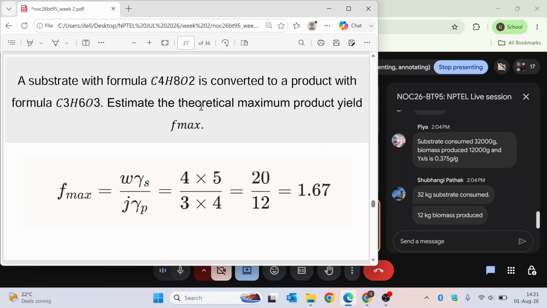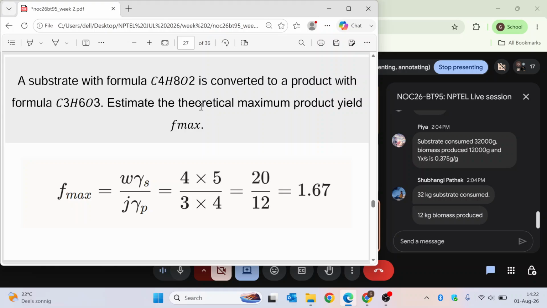So here the degree of reduction of your substrate you can find out with the given formula. Similarly for your product, and you will also know the number of carbon atoms. It is 4 in the substrate and 3 in product. So the degree of reduction of your substrate is 5 and for product it is 4. So when you multiply and divide, the F max value is going